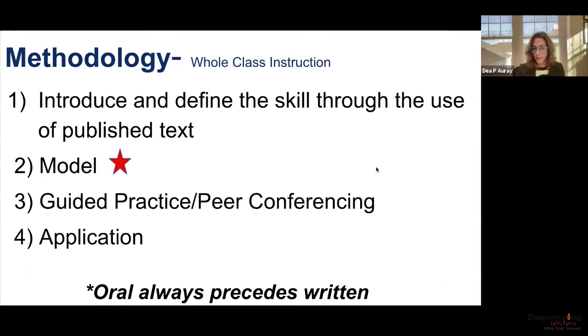Step two is the modeling process, which is where we as the teacher talk out loud as the author. We ask those detail-generating questions. We start to build vocabulary. We get all of our students to join in on this modeling component so that everybody has an opportunity to share. This is the time in which we actually build language as we model the process of creating elaborative detail.